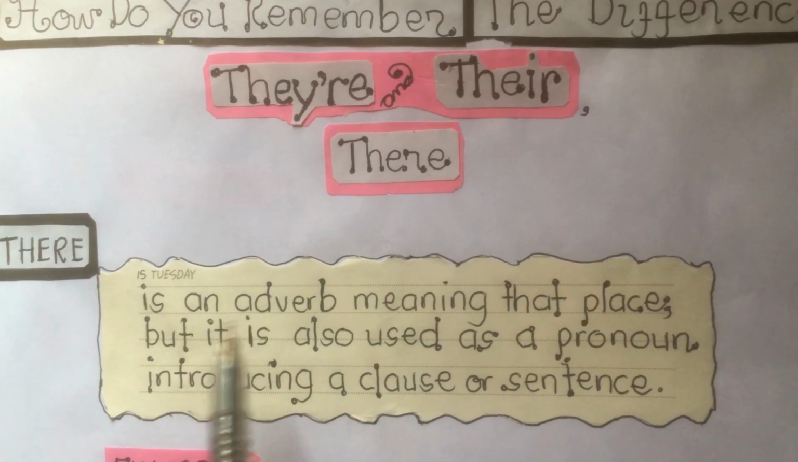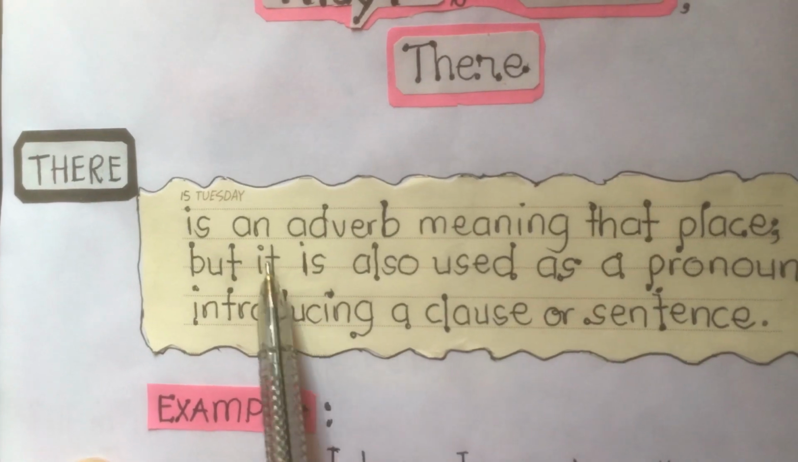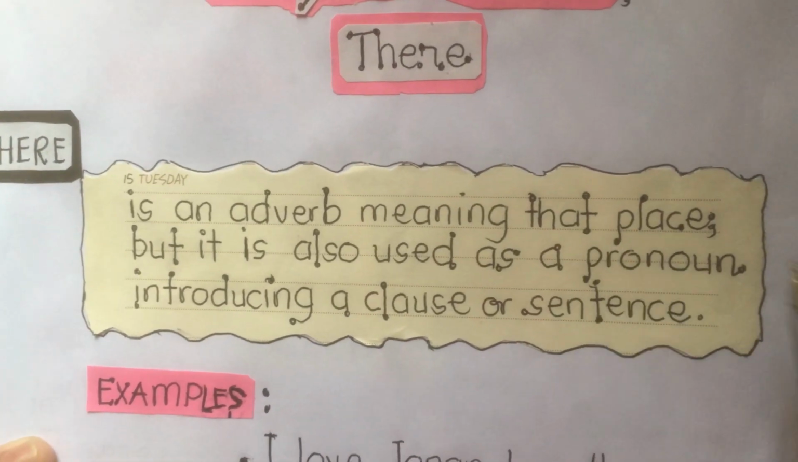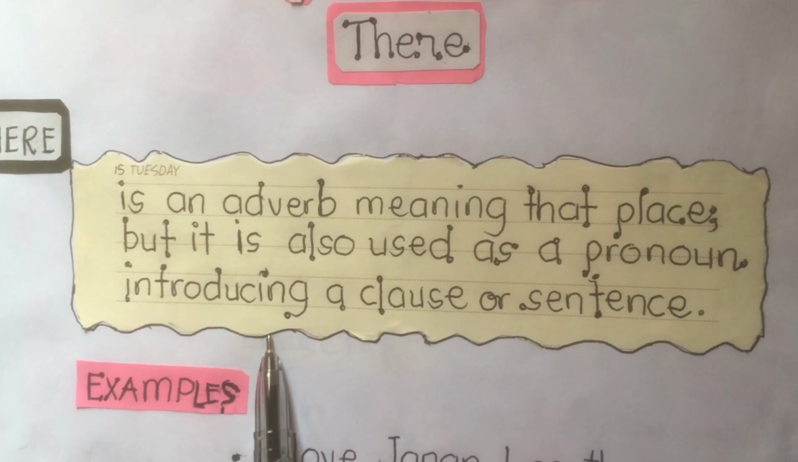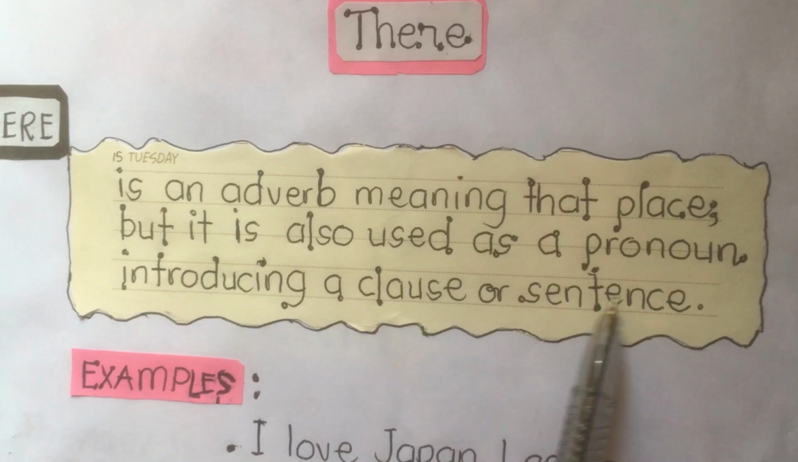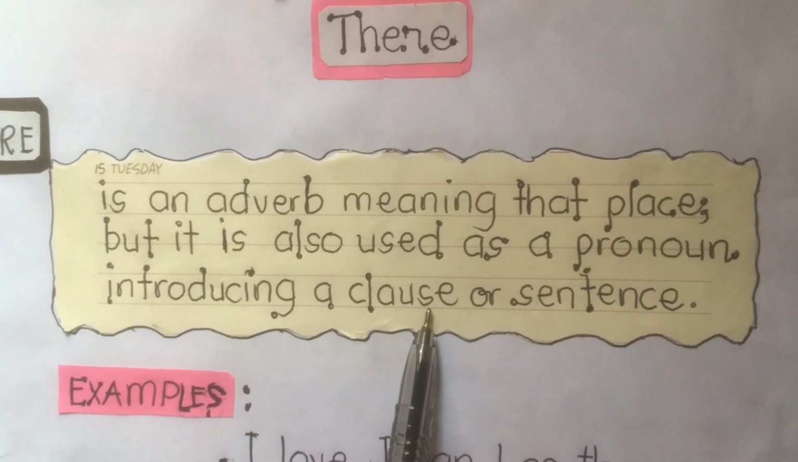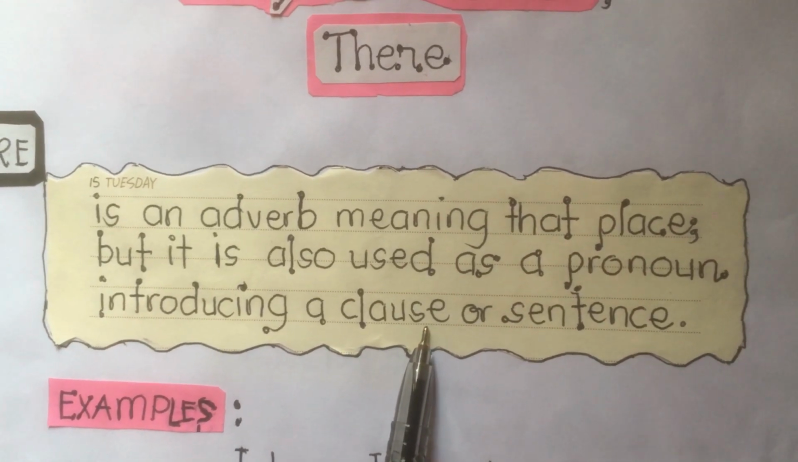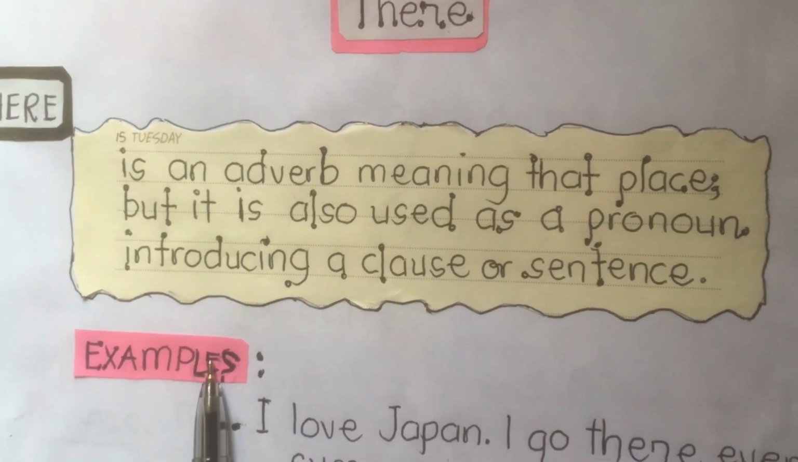Here we go. The first one is there. The word there is an adverb meaning a place, but it is also used as a pronoun introducing a clause or a sentence. We know what a clause is, my dear students. A clause is a group of words that expresses a complete thought or idea, and that is a sentence. Examples: